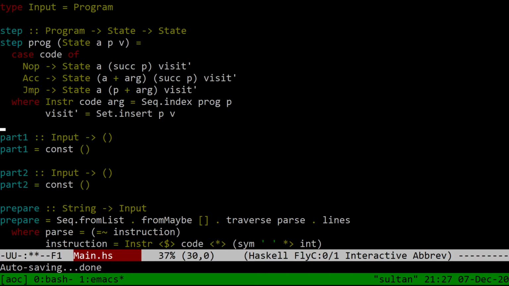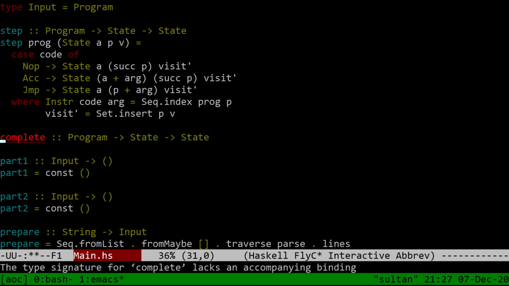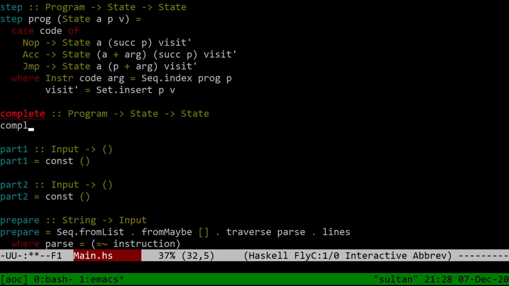But the problem is, I guess it is easy to tell whether we're in a visited state already. Okay. So what we'll say is complete is a function that takes a program and a state and returns the final state. Complete of P and S